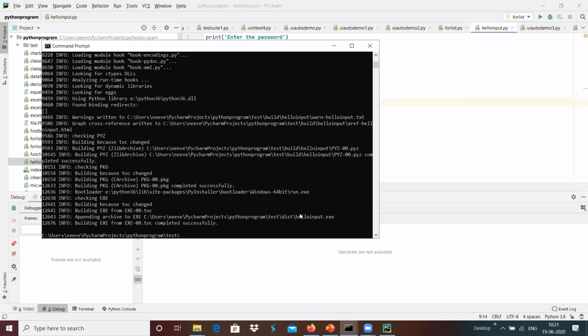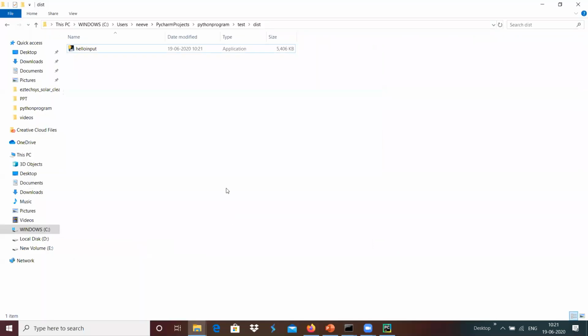This basically generated the output inside the dist, hello input.exe, and maybe we can run this.